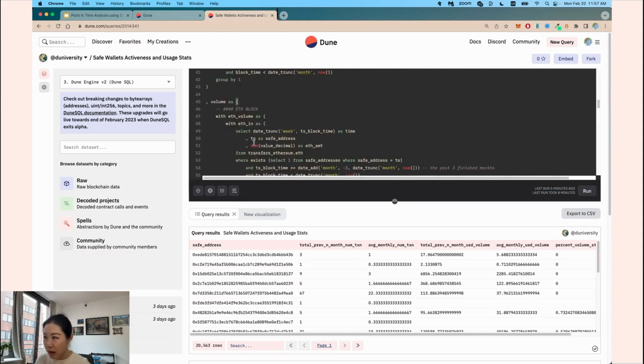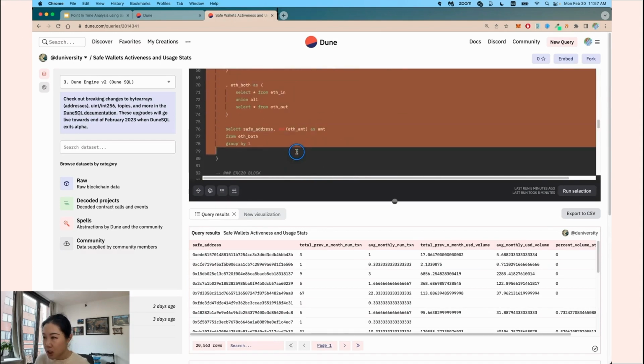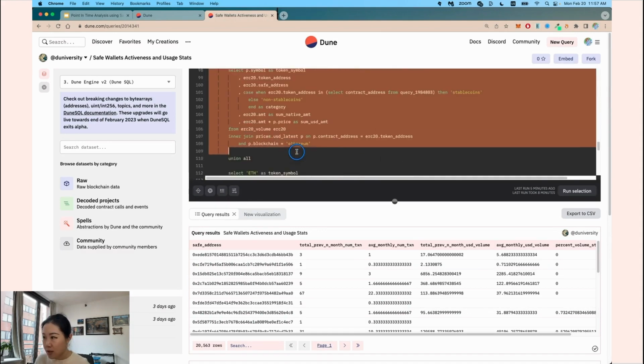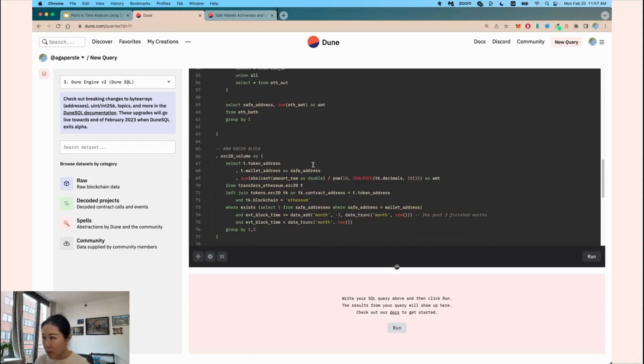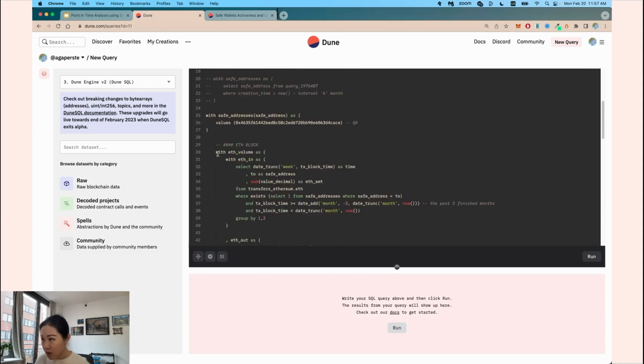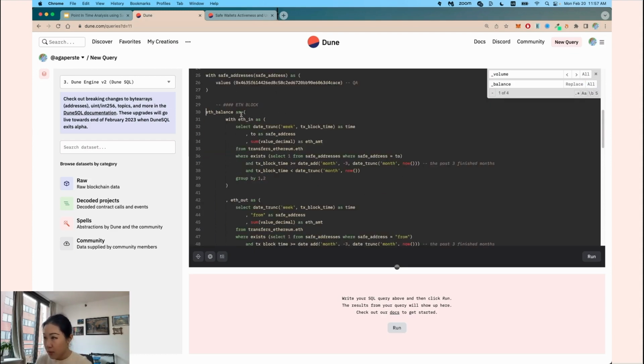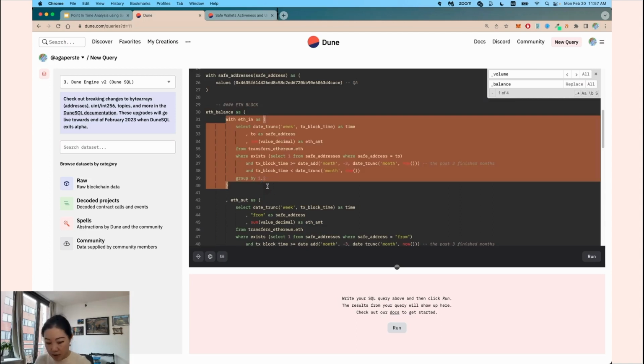This is the volume block, and most of the things that we need, we can just copy from here. ERC20, and then all the assets as well. Okay, cool. So let's format this. First of all, instead of the ETH volume or anything that has the underlying volume, we're going to change it into balance, because we care about the inflow and outflow in a net way and not in an inflow plus outflow way. Okay, we are going to do this with ETH balance as, and inside of this block,